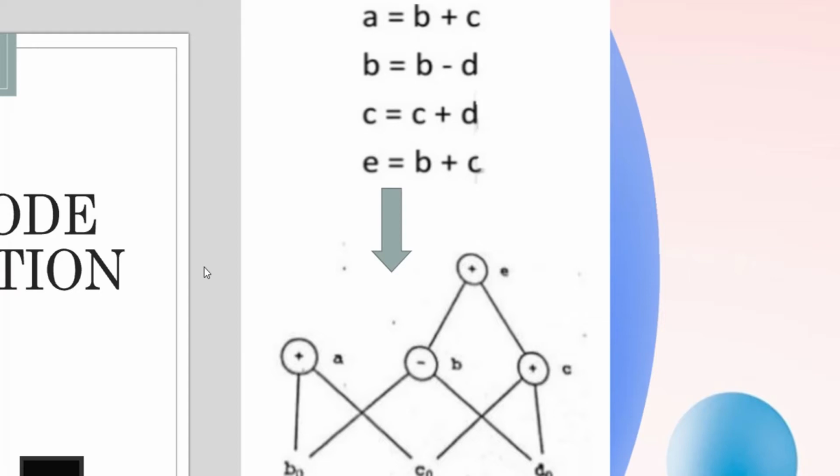Hope you understand. So while evaluating a sequence of instructions, if the value of a variable has not been used for a long time, then that variable becomes dead, and that dead variable has to be eliminated while optimizing the code fragments.